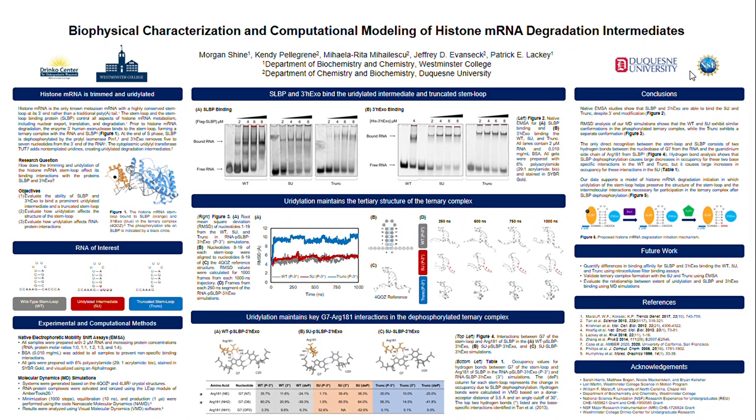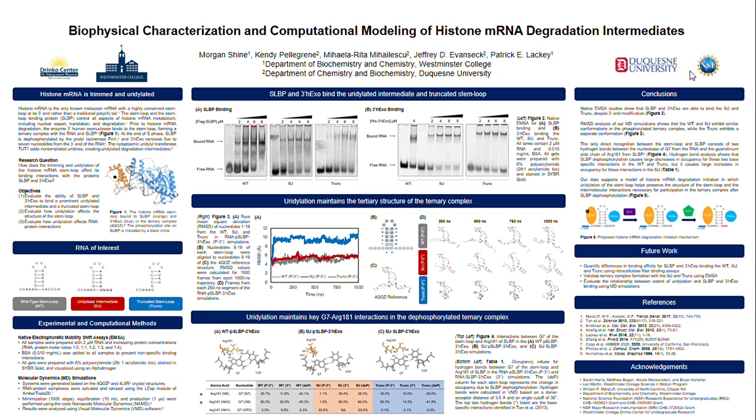3' hexo removes 5 to 7 nucleotides from the 3' end of the RNA, and a cytoplasmic uridylyl transferase called TUT7 adds non-templated uridines, creating uridylated degradation intermediates, some of which are much more common in the cell than we would expect. And so the focus of my research is on improving our understanding of how these uridylated intermediates function